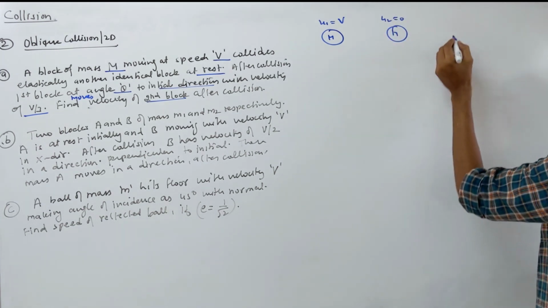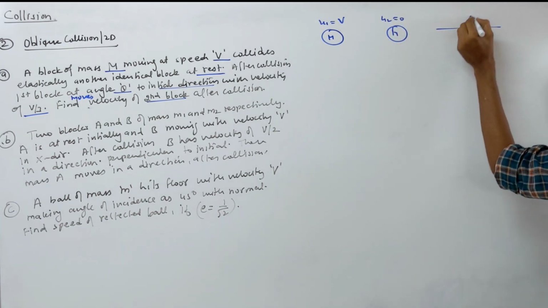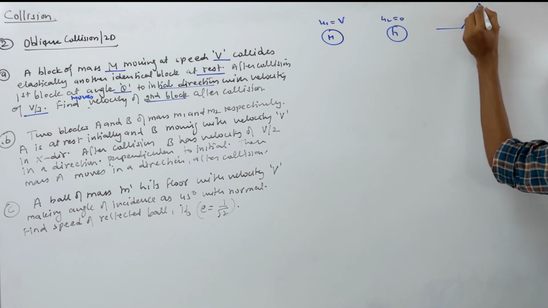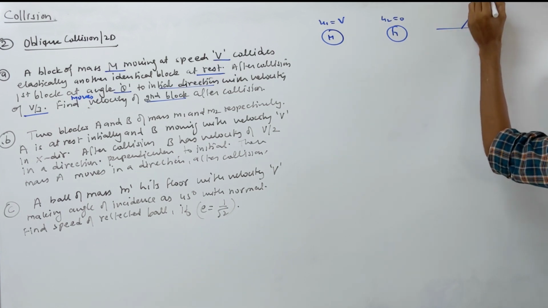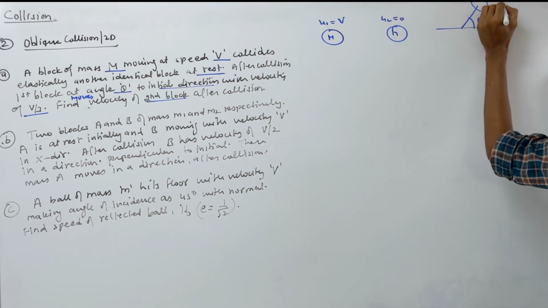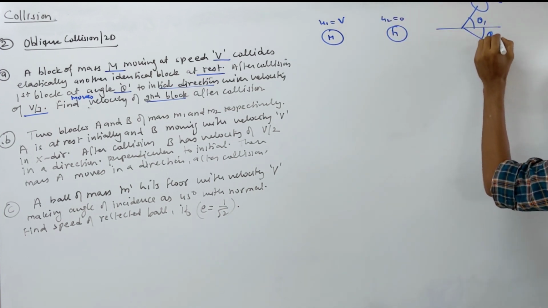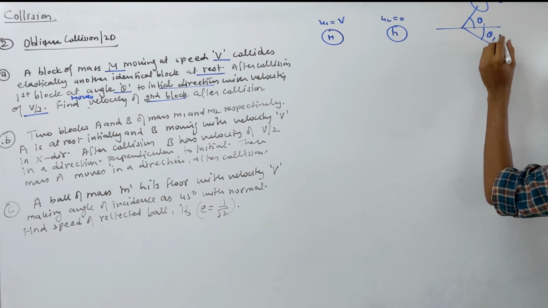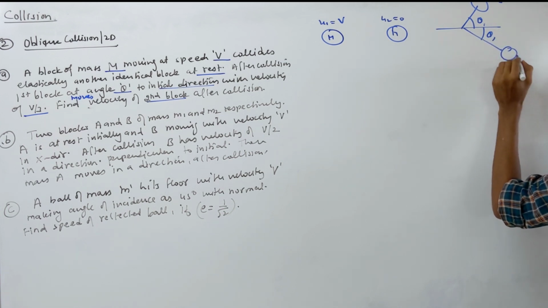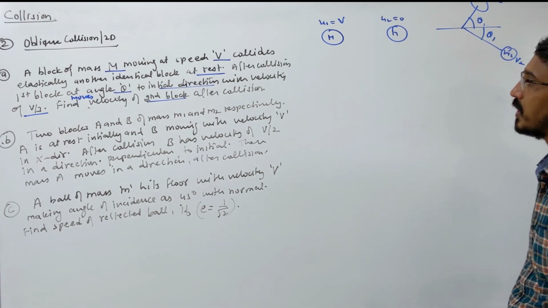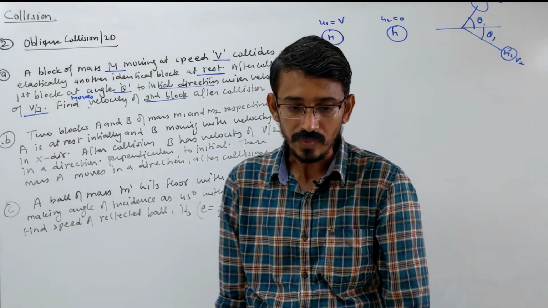After collision, they're saying the first block moves at some angle theta here with velocity v1 given as v by 3. The other block is moving here, we don't know what that angle is, this we call theta again, and its velocity is v2, this is block m2. So they are asking what's the velocity v2.